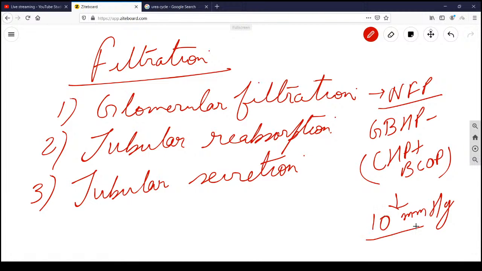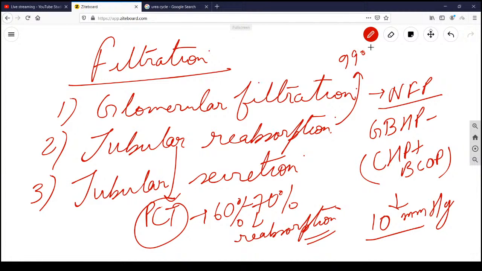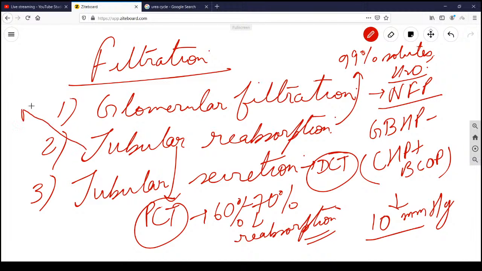Then under tubular reabsorption, in PCT you have 60 to 70% reabsorption. Maximum reabsorption happens in PCT. 20 to 30% can happen in the loop of Henle. In the entire tubule, 99% of the solutes and water will be reabsorbed, in the PCT, loop of Henle and DCT. DCT is mainly for tubular secretion. And this one we know, loop of Henle,